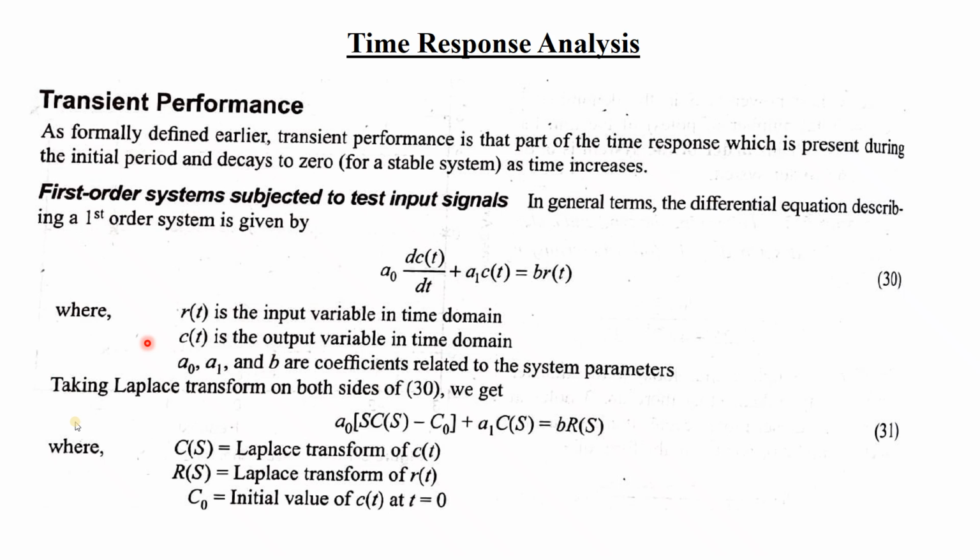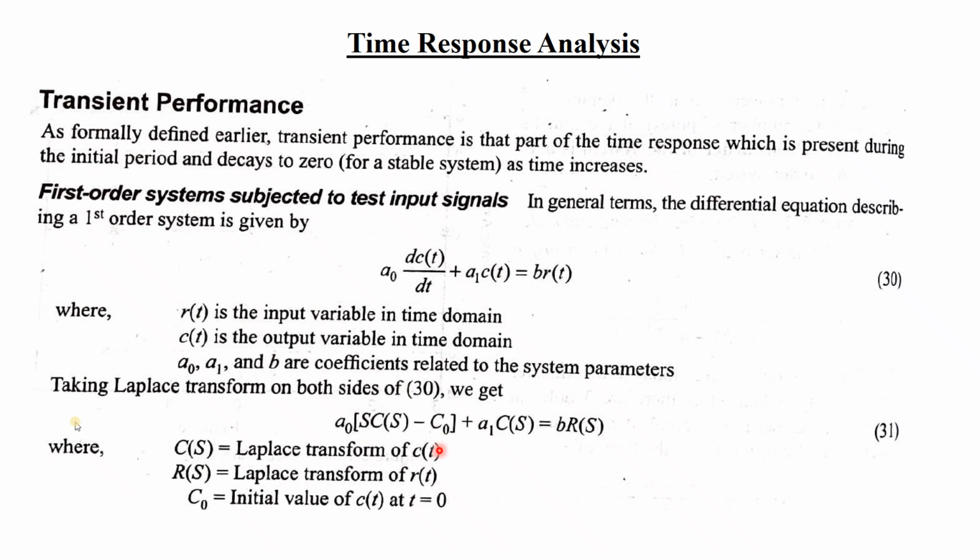Now, as I have told you, the physical systems are in time domain. Then we convert them into S domain for stability analysis. But initially they are all time domain, isn't it? Your machine is operating with respect to time. Everything operates with respect to time. So, suppose the differential equation of the system is represented like this: A0 differentiation of Ct, where Ct is the output and Rt is the input. Okay, in time domain. Now what you have to do, you have to convert it into S domain.